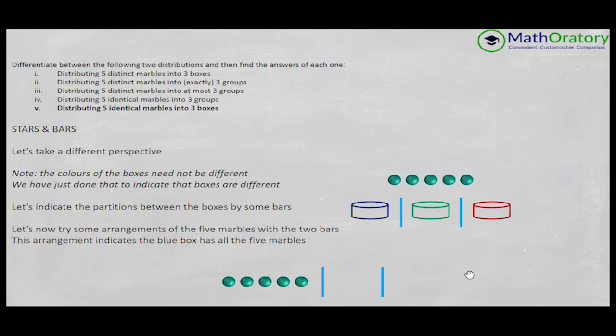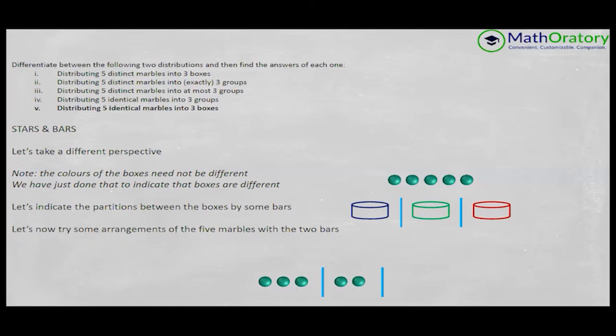On the right hand side of the second bar you have the red box and you do not find any marble here, so that indicates no marbles are going into the red box. So this arrangement is indicating that there are five marbles going into the blue box, no marble into the green box, no marble into the red box, right? So this itself is an arrangement.